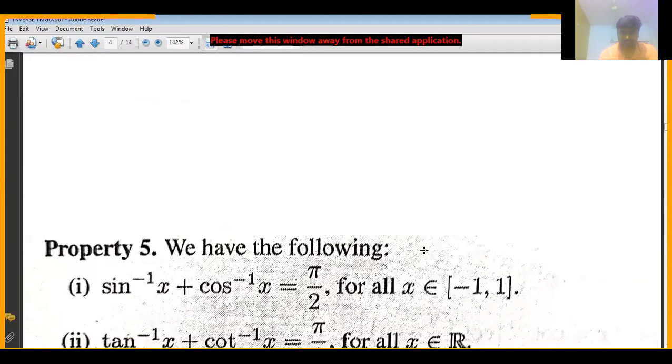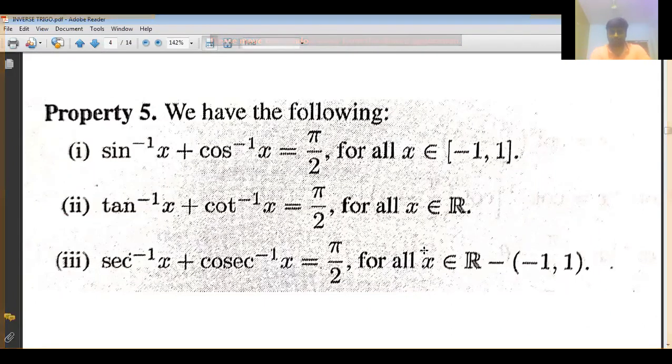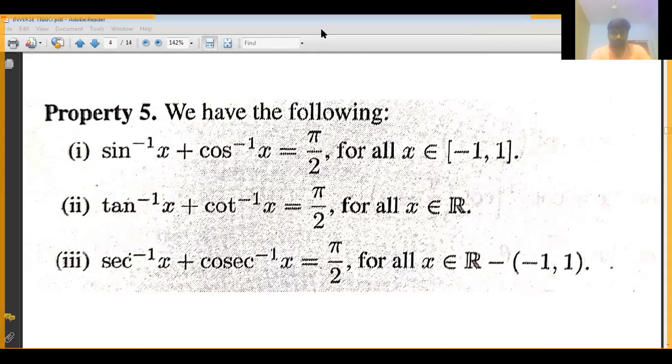Now let us go for these properties which are very, very important. Have a look at that. What is that? Sine inverse of x plus cos inverse of x is pi by 2. Sine inverse of 1 by 2 plus cos inverse of 1 by 2, pi by 2 or not? For example, tell me what is sine inverse of 1 by 2? Whatever value we take here, the same value I should take here also. So those values of x must be the same. Correct? Now tell me, what is the value of sine inverse of 1 by 2? 30. Similarly, cos inverse of 1 by 2? 60. 30 plus 60, 90.